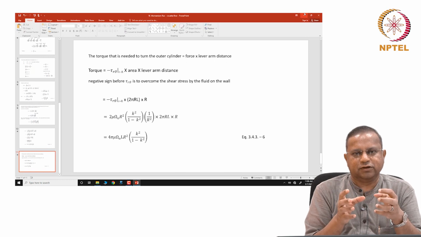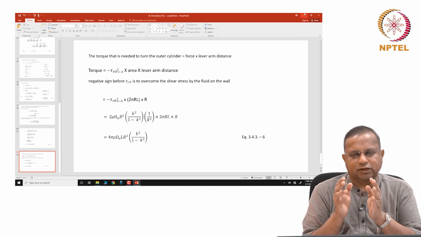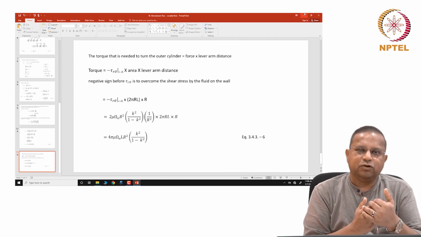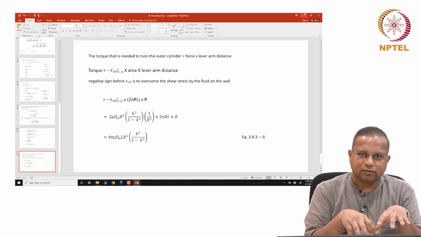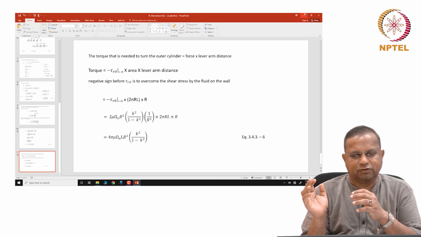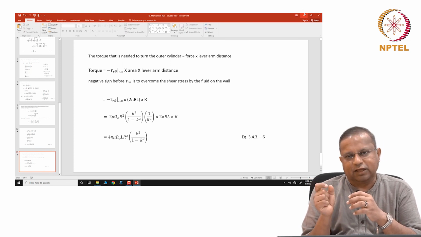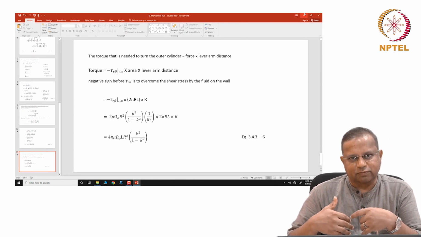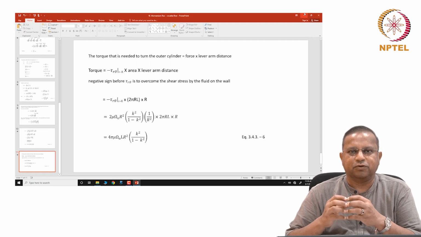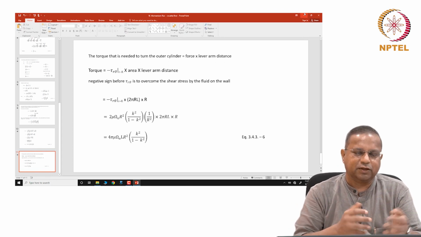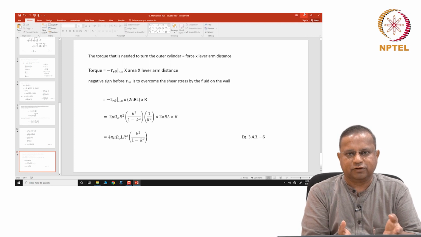The use of Couette flow device for studying the effect of defined shear was known for a long time. Only thing is that people could not use it for more than a few minutes because the oxygen would become limiting. We found a way of providing oxygen continuously through air, but not affecting the flow profiles, so that the shear rate profiles, shear stress profiles would remain unaffected. And the advantage of using Couette flow for exposing the cells to defined shear stress would be available. Okay, that is a contribution which was published in Biotechnology Progress way back in 2003. Please take a look at that for one of the applications of a Couette flow device, this kind of a flow situation.